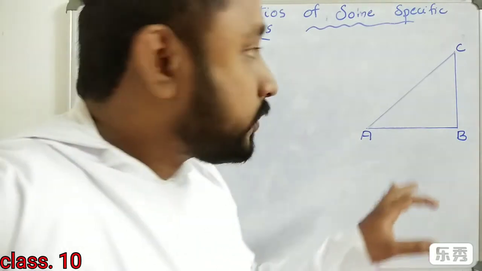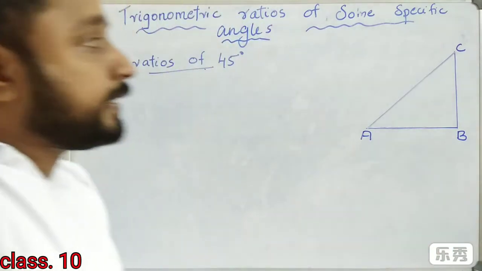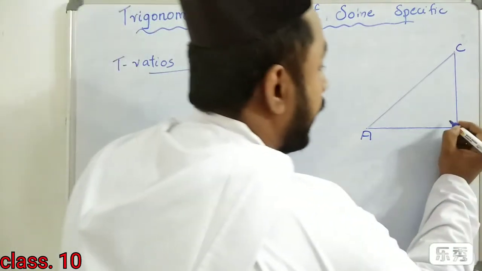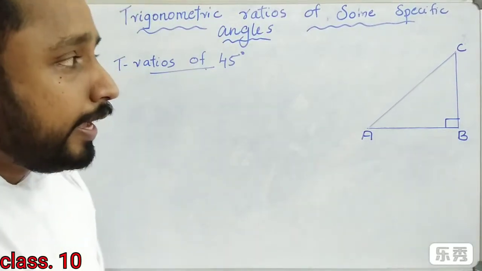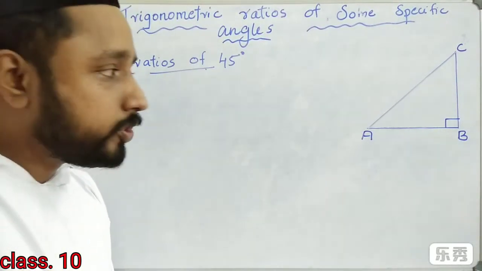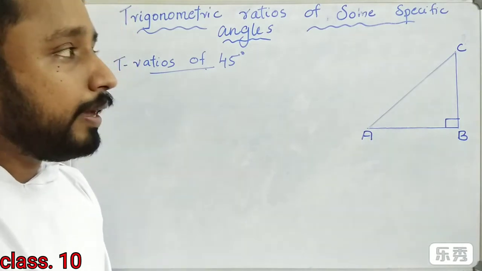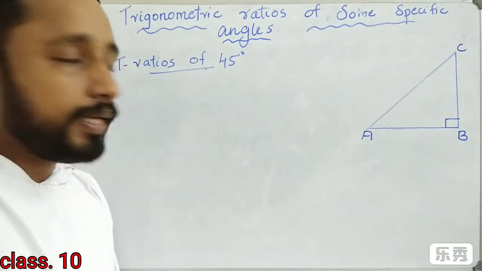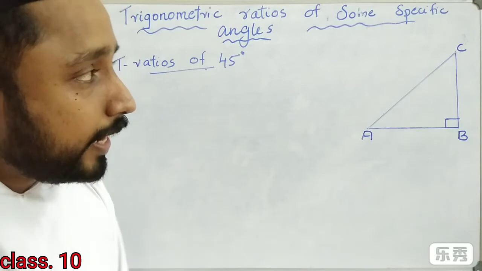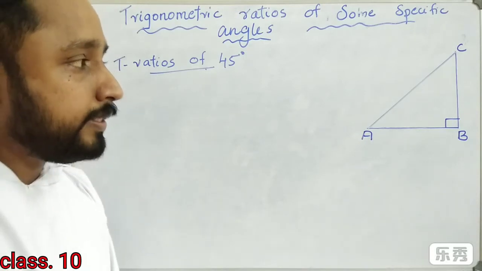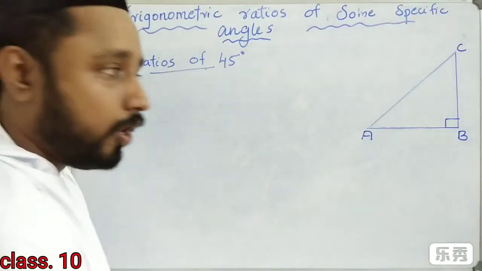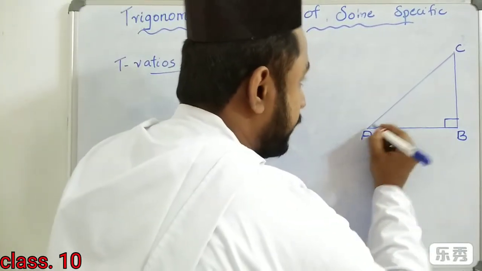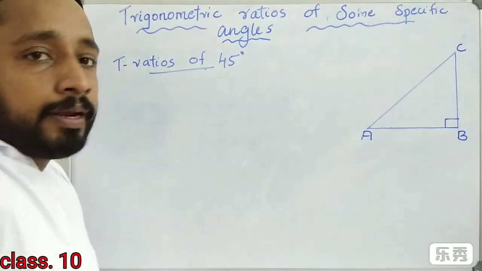So first I am going to consider a right triangle ABC, with right angle at B. So angle B is 90 degrees. AC is the hypotenuse, then AB and BC are the other two sides of the triangle. We are going to take these two sides as equal. So consider this as an isosceles right triangle.